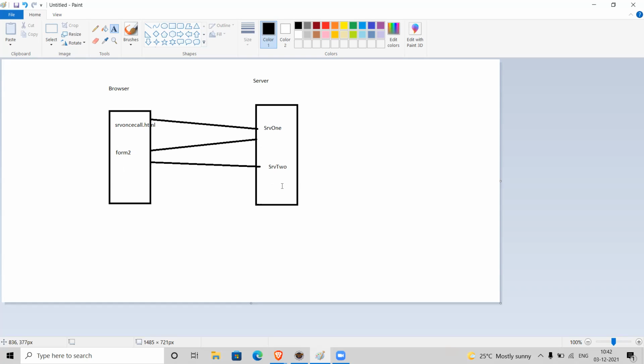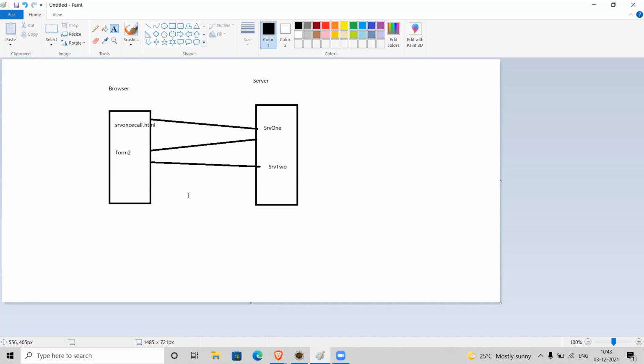So what is happening here? The same data is being transmitted over the network from client to server and server to client, and again client to server. So there's a lot of transmission. For every transaction, every submission, every request, the same data is transmitted from browser to server, so a lot of network resource is wasted here, right? This is the main drawback of using hidden fields.